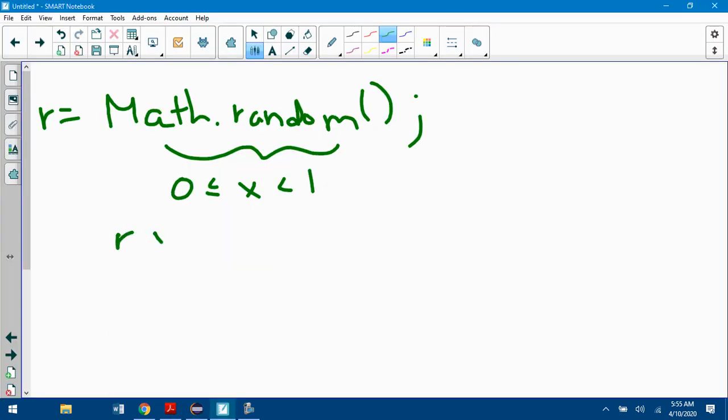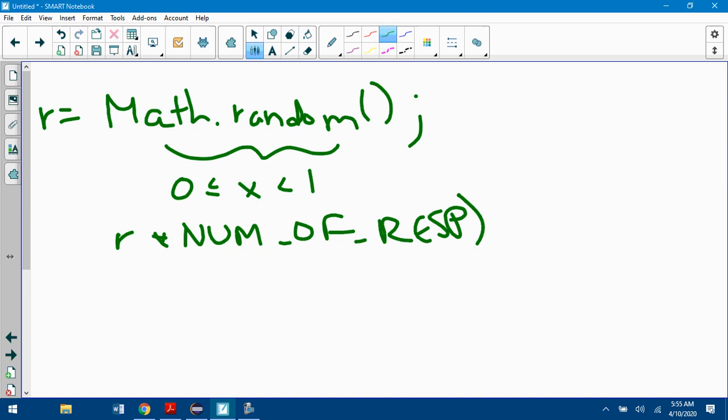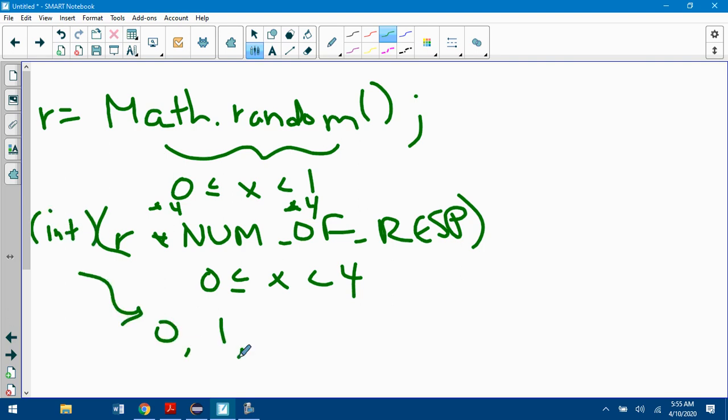If number of responses is equal to 4, like it is initially, it multiplies these two values by 4, and now this is 0 less than or equal to x less than 4. Casting it as an int means it can only be 0, 1, 2, or 3. Notice not 4 because it's not equal to.